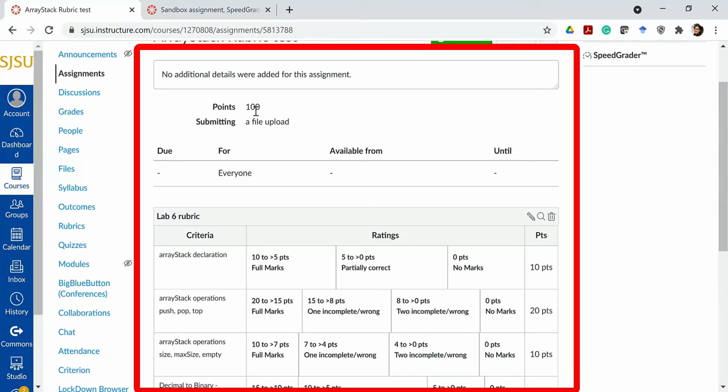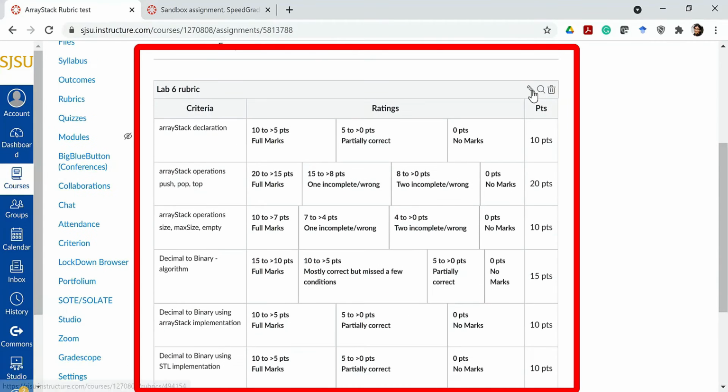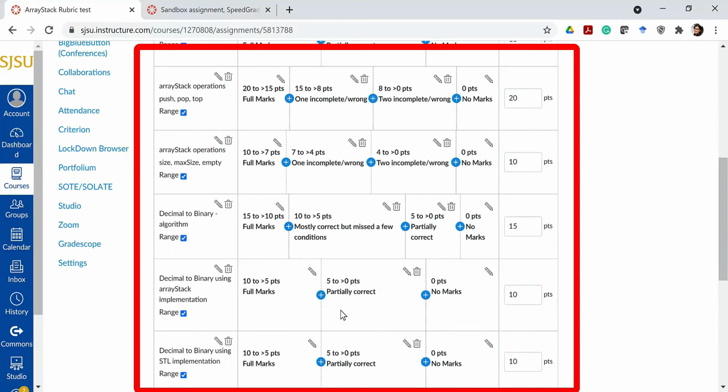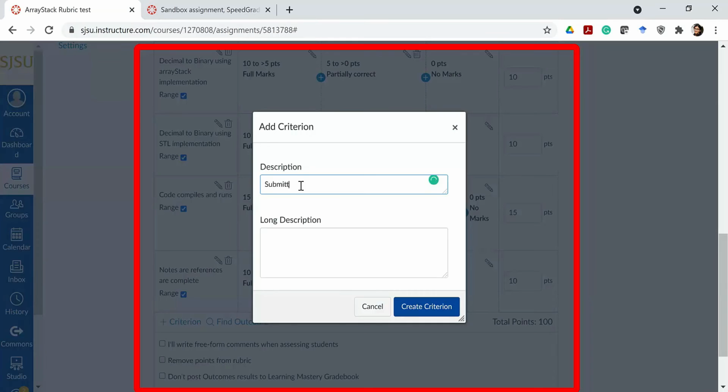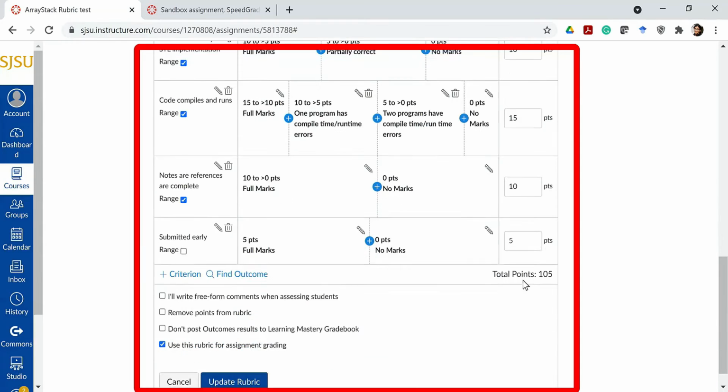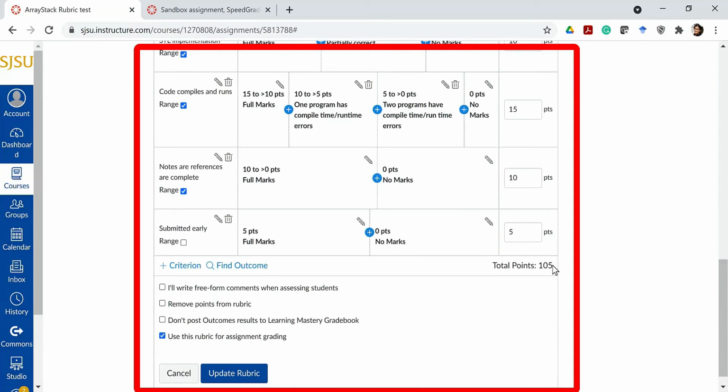Sometimes if you want the score to be a specific number and you want to offer extra credit, you can set additional criteria. For example, now if I add another criterion, maybe submitted early, and I give them 5 additional points, this criterion makes the total points for this assignment higher than the total allowable points.